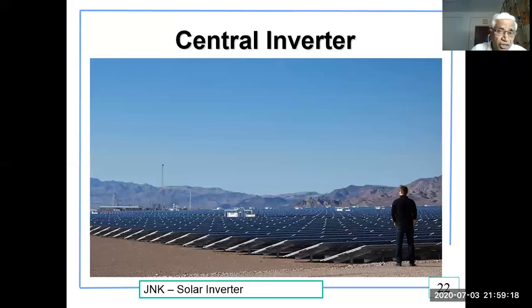Now you can see the central inverter again here. Let us start with the central inverter. This is the most traditional inverter topology used. As seen in the figure, this is a simple implementation with one central inverter catering to all PV modules in the PV system. While this inverter topology increases the ease of system design and implementation, it suffers from several drawbacks. In large systems, large amounts of DC power will be transferred over cables to reach the central inverter. This increases the DC wiring costs and also decreases safety as DC fault currents are difficult to interrupt. Whereas in the case of AC, fault interruption is easy.